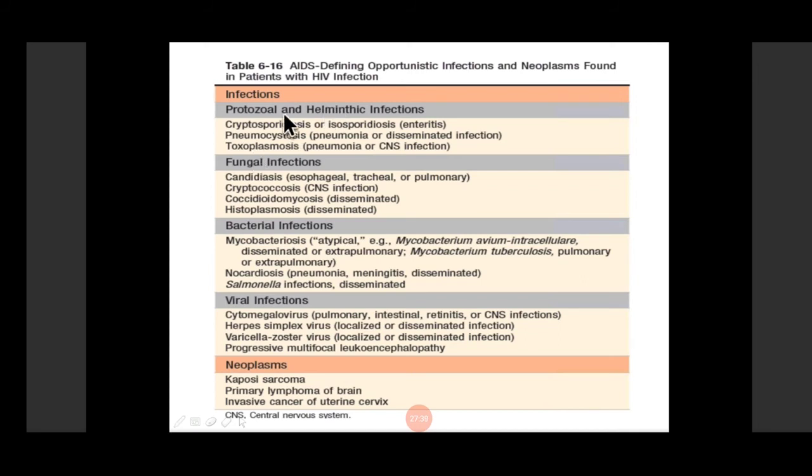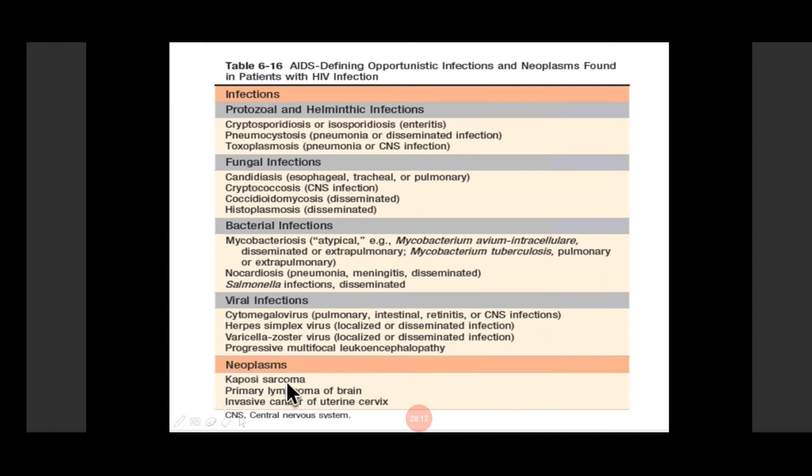These infections are seen in immunocompromised individuals, like cryptosporidiosis, isosporiasis, Pneumocystis carinii pneumonia, toxoplasmosis, and fungal infections like candidiasis, cryptococcosis, coccidioidomycosis, even histoplasmosis. Sometimes there can be multiple infections. Then bacterial infections like Mycobacterium tuberculosis, or sometimes even atypical Mycobacterium infections, can happen in these patients. Nocardiosis, salmonella infection. In viral infections, we have CMV infection, cytomegalovirus infection, herpes infection, varicella zoster infection, progressive multifocal leukoencephalopathy,